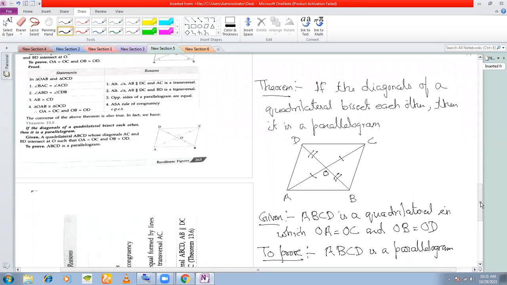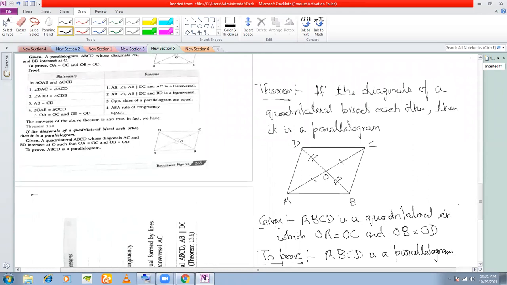Now how do we prove that this is a parallelogram? I'll do the writing in the next class. Let's just understand how to do this. We again prove that these two triangles are congruent. But this time we require maybe a different axiom. See that in these two triangles, this side and this side are equal, right? It is given to you. This OB and OD are equal, right? These two are given to be equal. Also, this angle is equal to that angle because they are vertically opposite. So therefore, the triangles must be congruent.